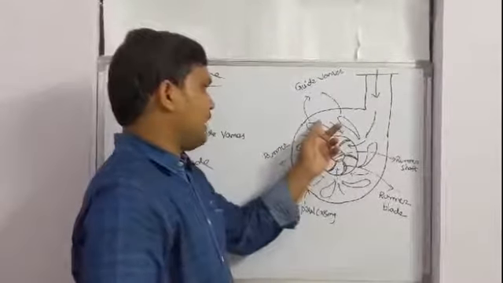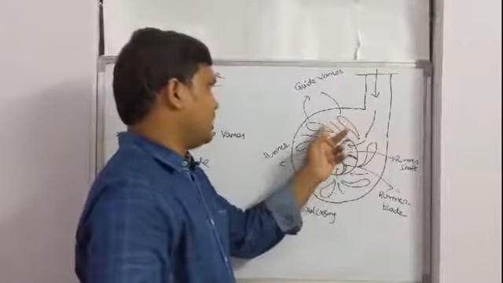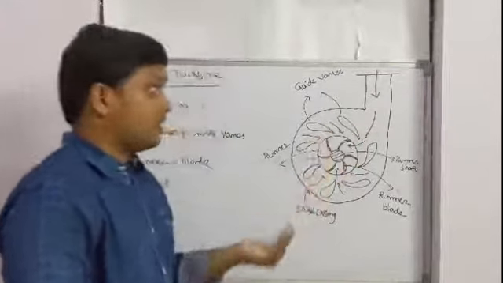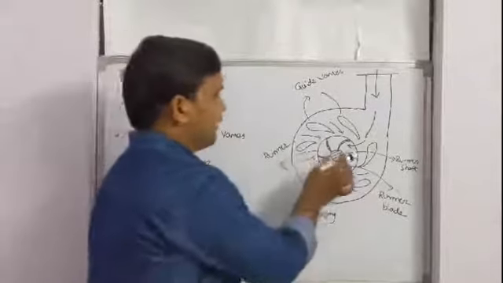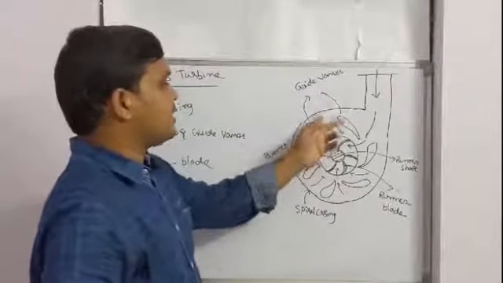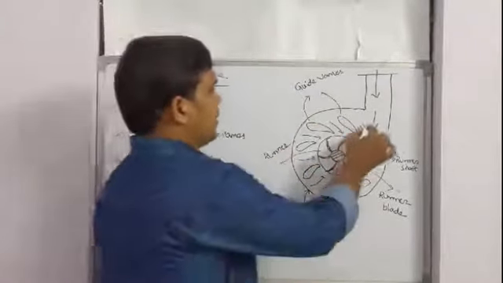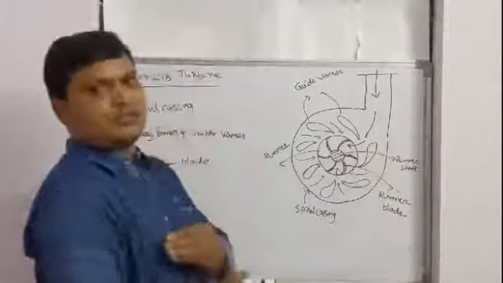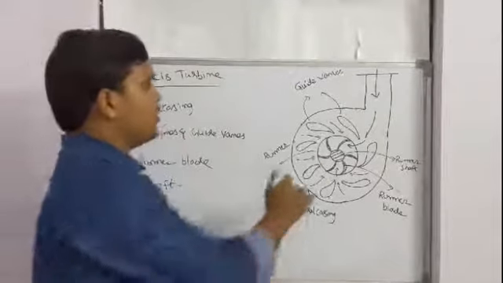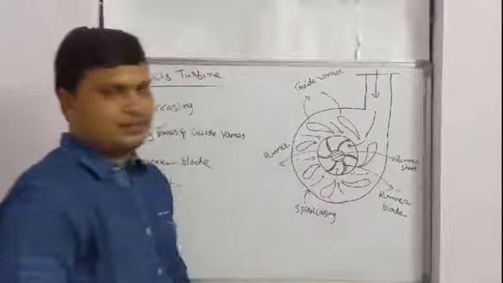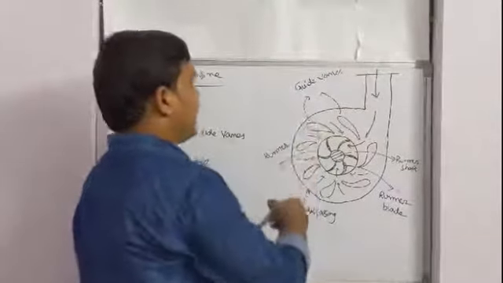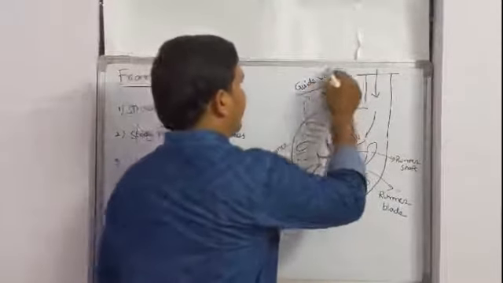In the next semester, I will explain how the guide vanes are used, and how the water enters when the guide vane angle is controlled. Sometimes if the guide vanes are completely closed, the water just enters the turbine runner and leaves the turbine runner. There is no rotation of the runner blades. Just the water is entering and leaving the turbine. So that's why the guide vanes are a very important parameter.